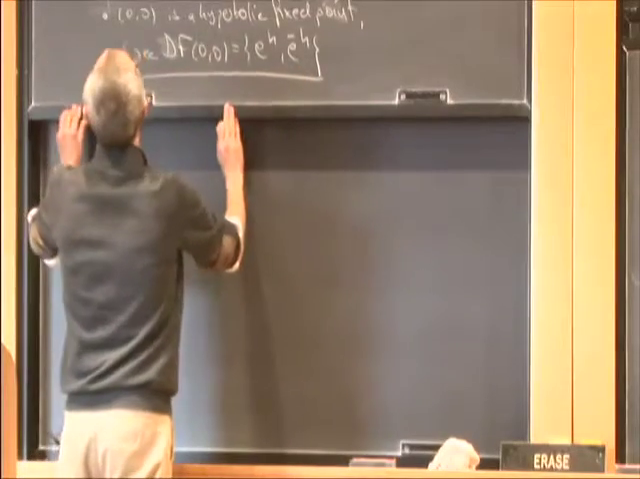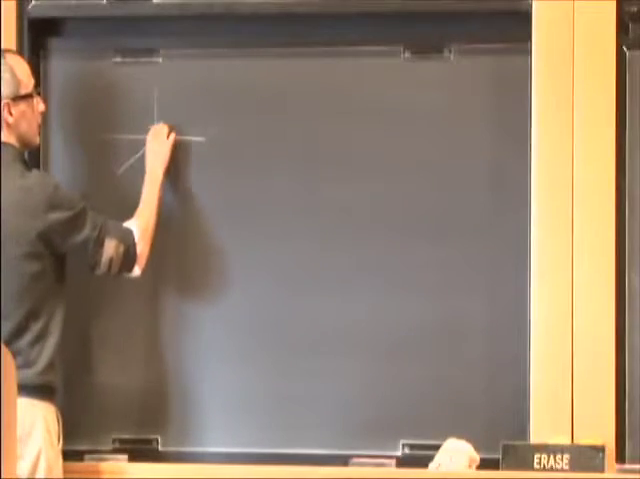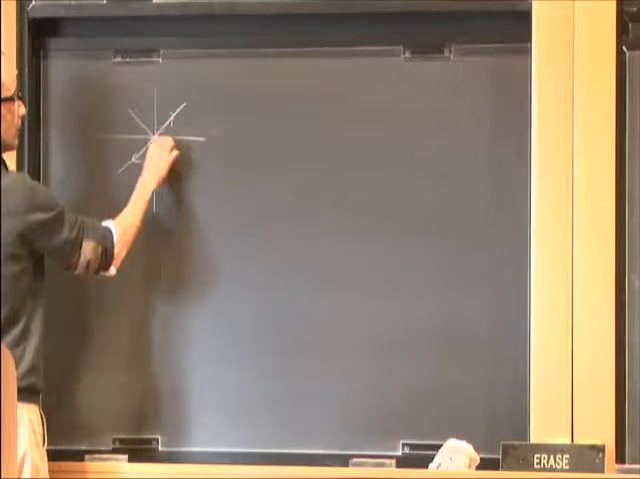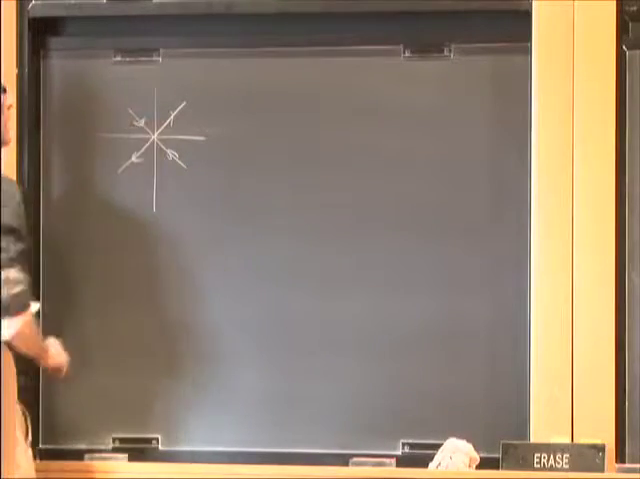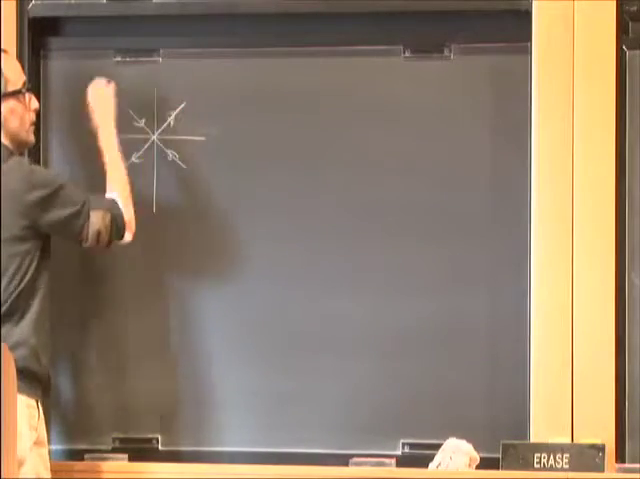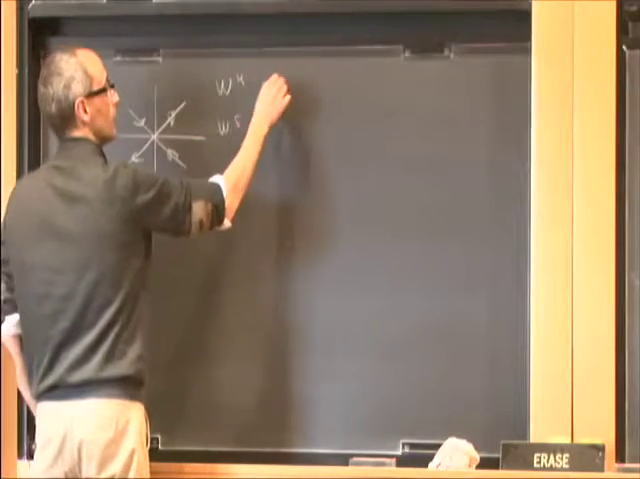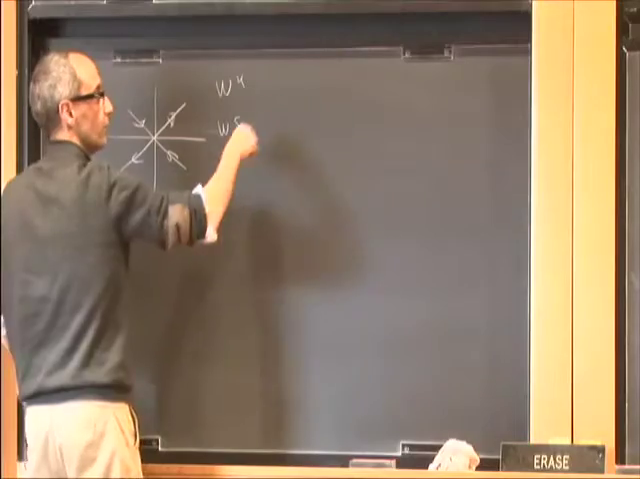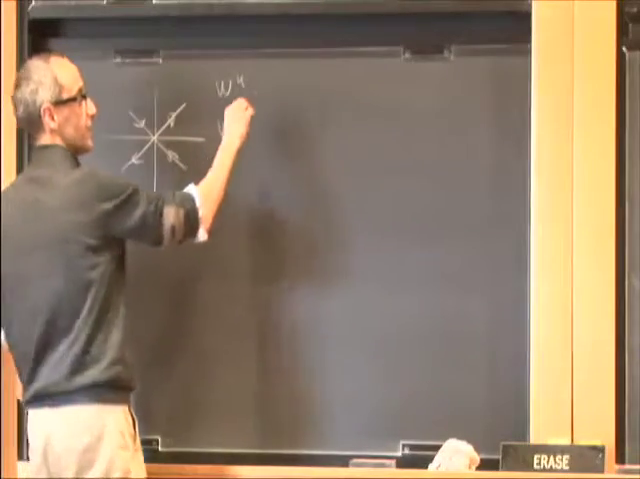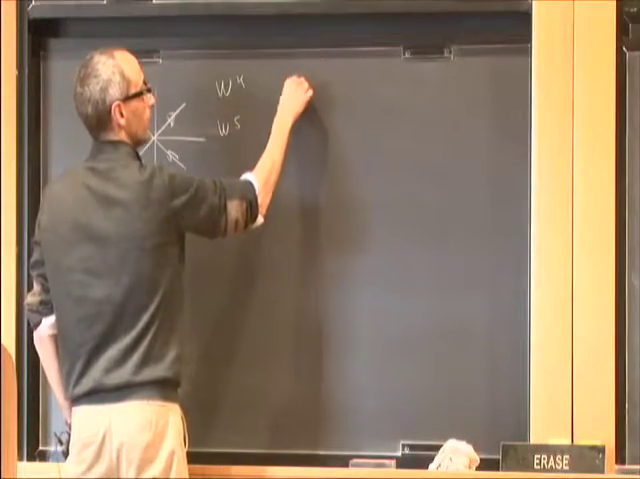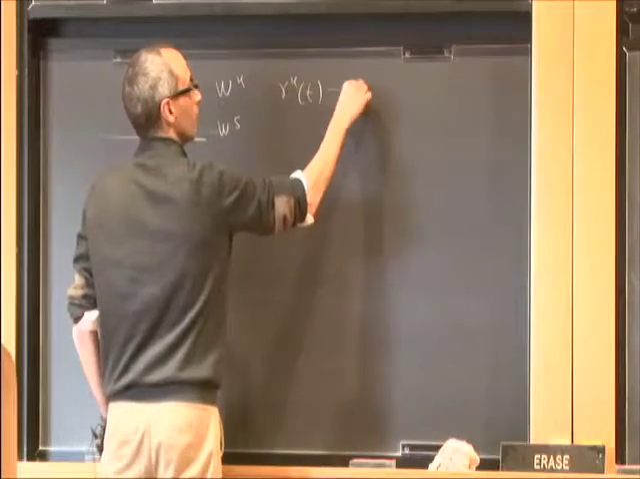Well, under these assumptions, it's a standard fact that the origin is hyperbolic, and the invariant manifolds of the origin admit what is usually called natural parametrizations. They can be parameterized by functions